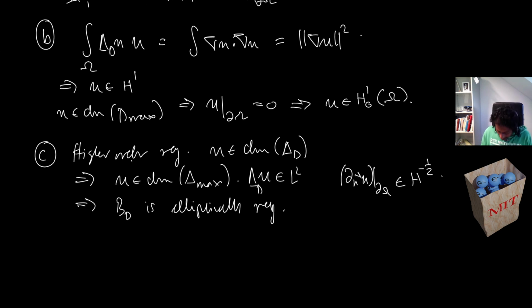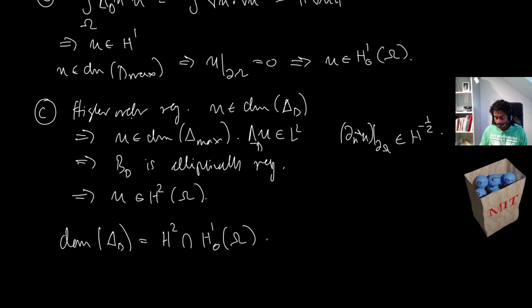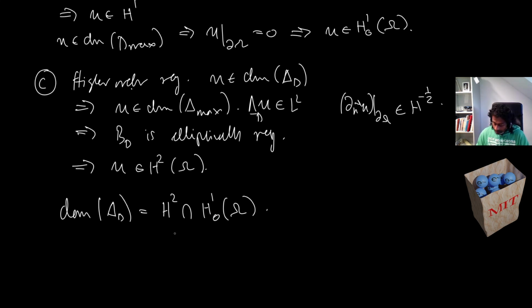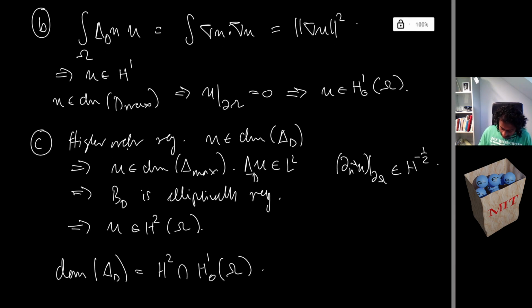So that means that in this case, u is in H2 of omega. Okay, so then we arrive at the usual conclusion, namely that the domain of the Dirichlet Laplacian is equal to H2 of omega intersect H10 of omega. Okay, so typically, I just want to also stress that, you know, the Dirichlet problem,